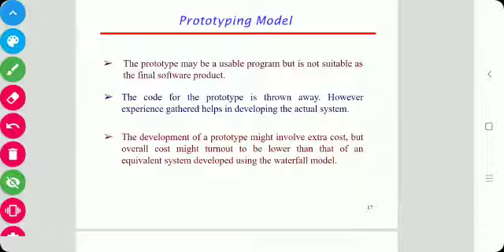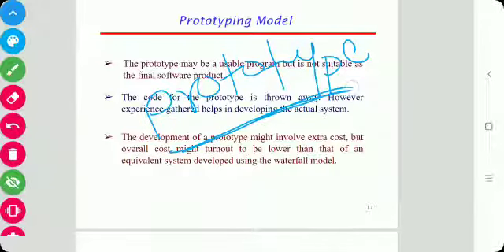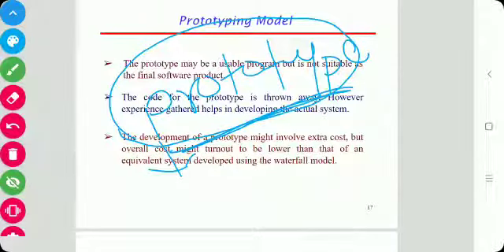Why? Because when the prototype is developed, it is reviewed by the customer. When the prototype is built, it is given to the customer. The customer reviews this prototype and gives feedback to the developer.